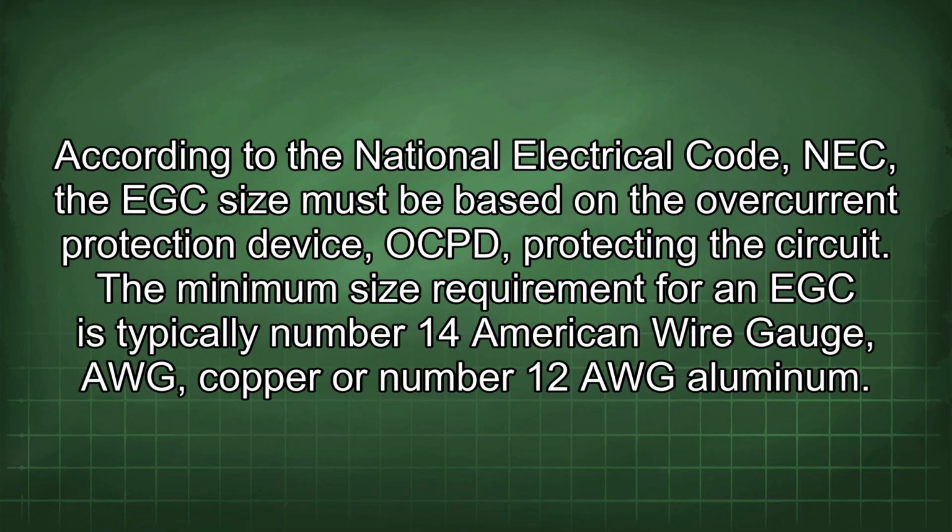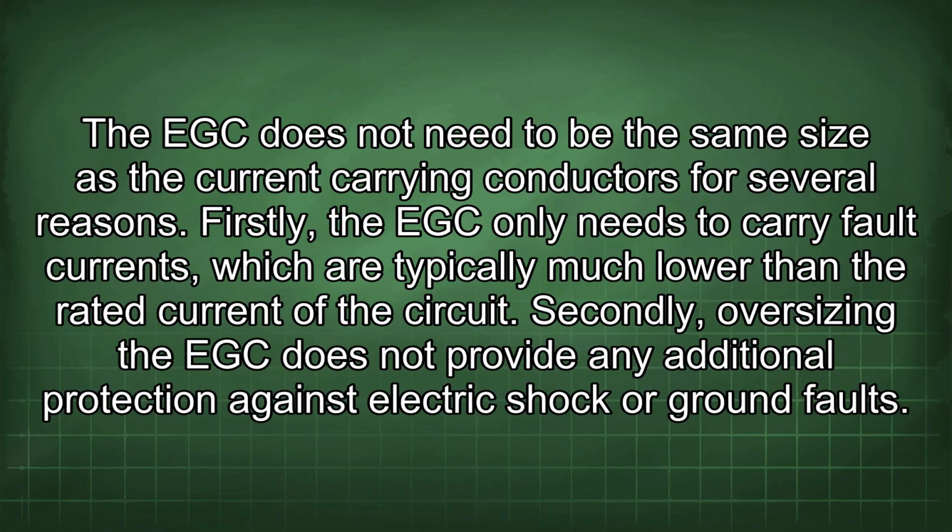According to the National Electrical Code, NEC, the EGC size must be based on the overcurrent protection device, OCPD, protecting the circuit. The minimum size requirement for an EGC is typically number 14 American Wire Gauge, AWG, copper, or number 12 AWG aluminum. The EGC does not need to be the same size as the current carrying conductors for several